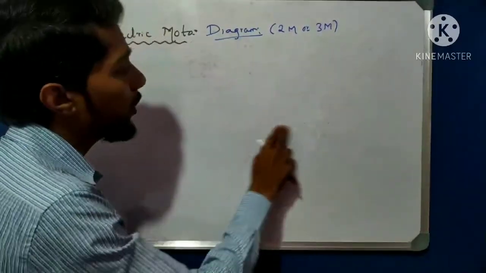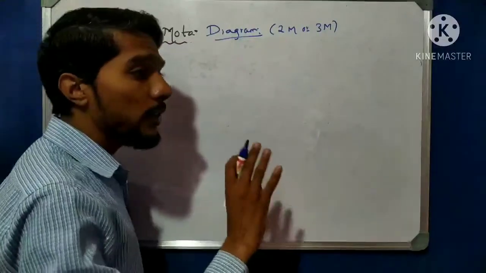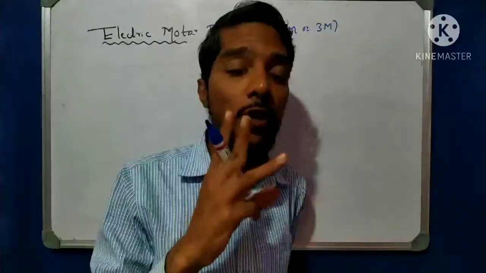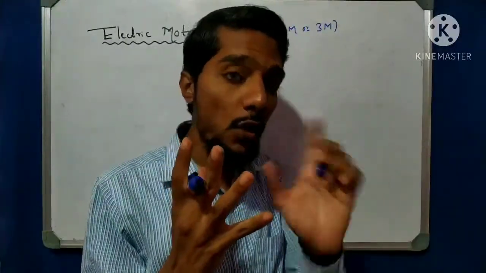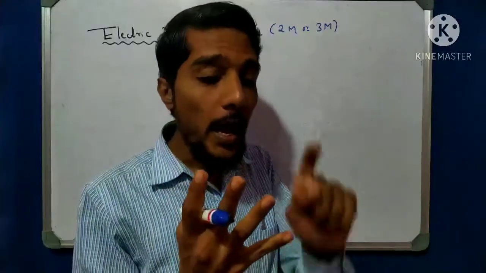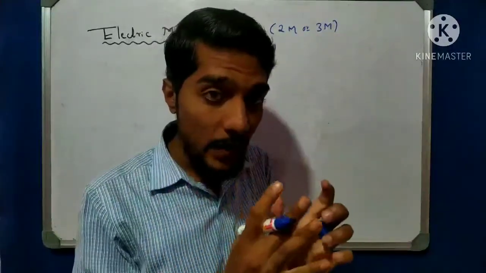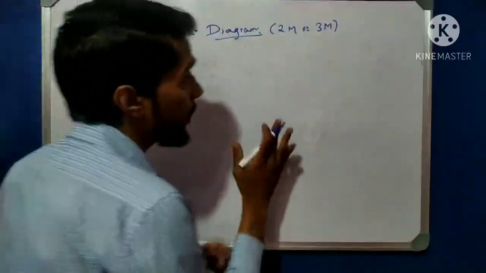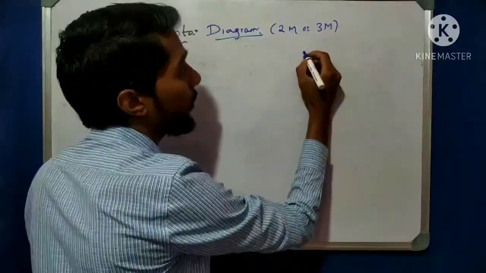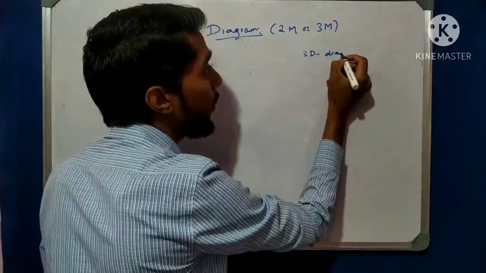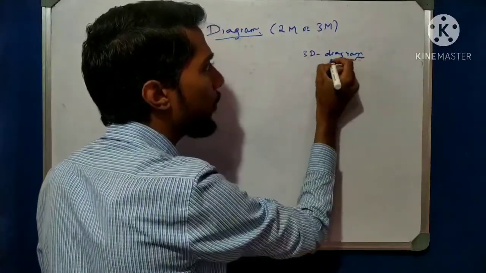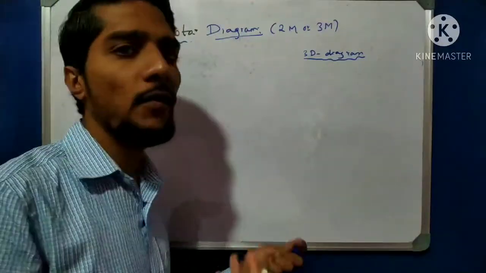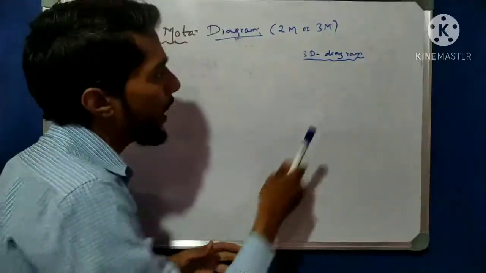So now start this diagram of the electric motor. Here we use a magnetic field, current and a coil. These three things are necessary. For designing the electric motor, we require a magnetic field, which means strong magnets, one north pole and one south pole. We require electric current, which means a battery, and a current carrying conductor. So let us start with the first one, the 3D diagram, which you find easy. Follow that diagram only. Do not practice more: if you are comfortable in 3D, draw 3D. If you are comfortable in 2D, draw 2D. So now I start with the 3D diagram.